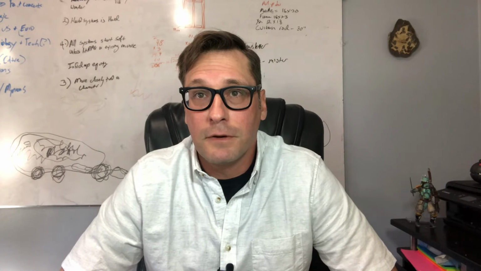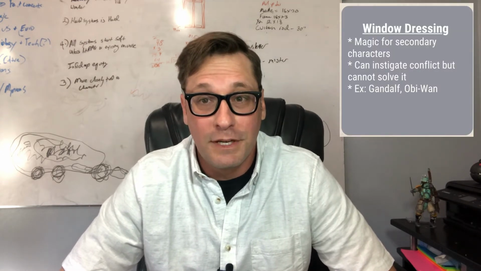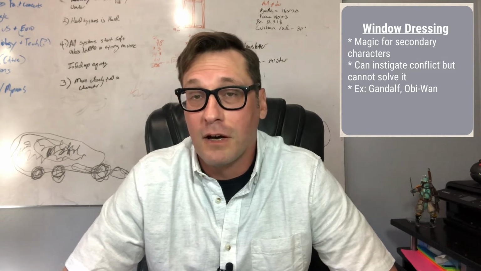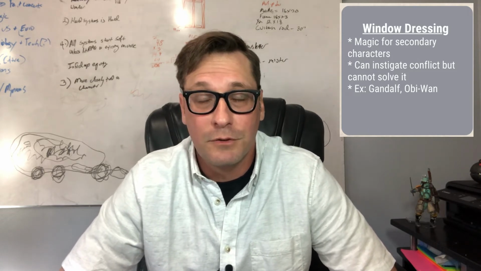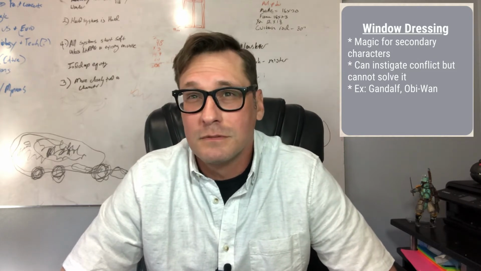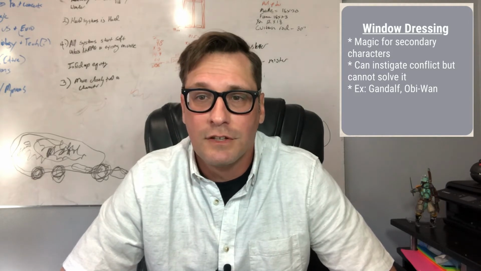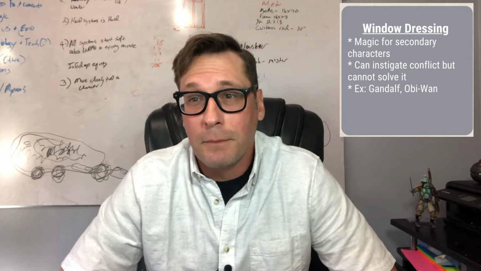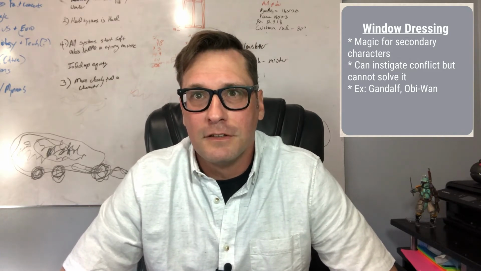The first type of soft system is window dressing, and this is kind of your Lord of the Rings, Gandalf conundrum. Star Wars in the first trilogy was a very, very soft system. It was very window dressing, though it moved and it hardened over time. Game of Thrones, same sort of thing, in that we don't really understand the magic, especially in the books themselves. Magic is not the main point of the story. Think of Conan, in the short stories.